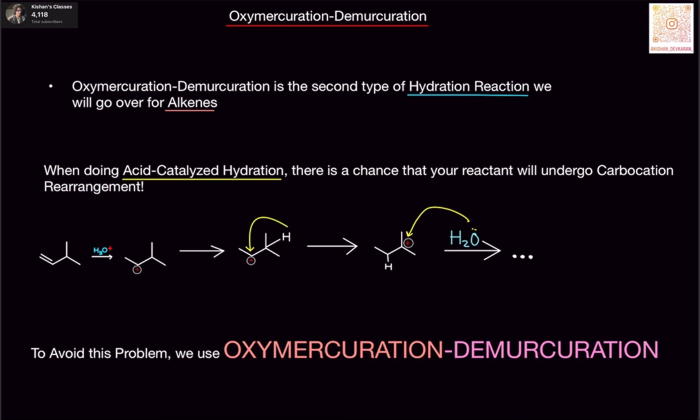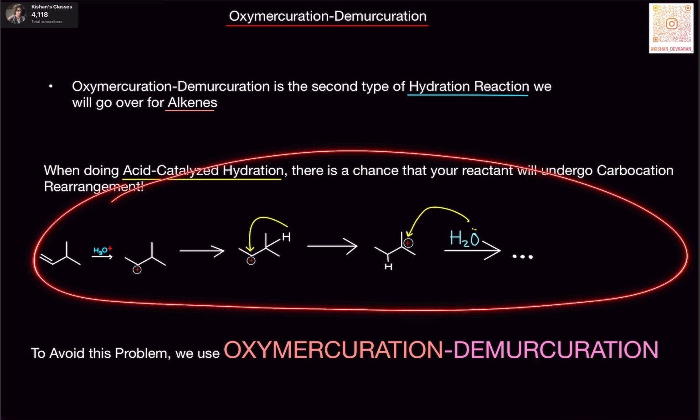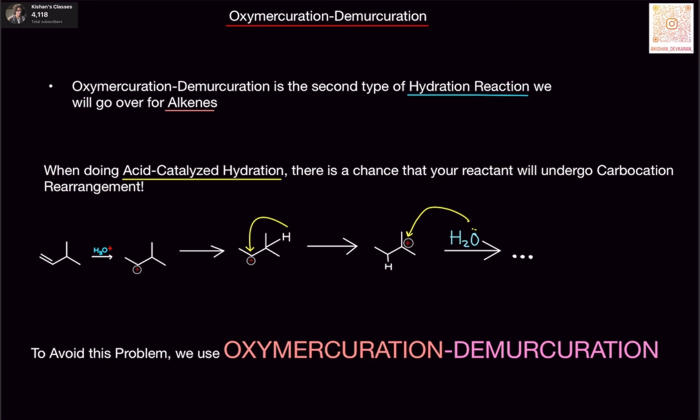Do you know what we call this? We call this a big waste of time. Look, come on, chemists are lazy. Do you really want to do all of this? When you do acid-catalyzed hydration on a test, you do the reaction, and oh my god, then you have to do carbocation rearrangements. It's a whole other step. That's another like 5 minutes that you have to think about. Do you really want to do that? No. So that's why chemists came up with